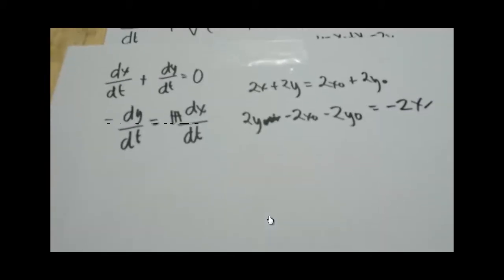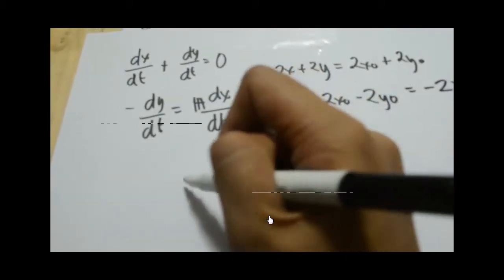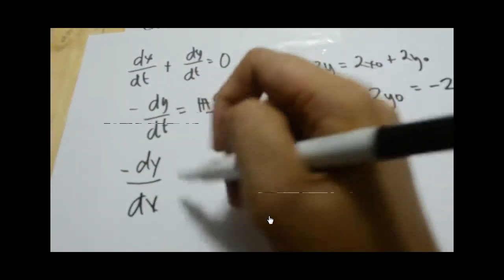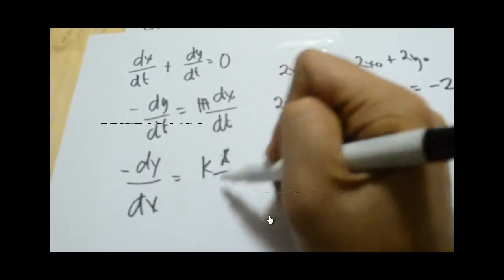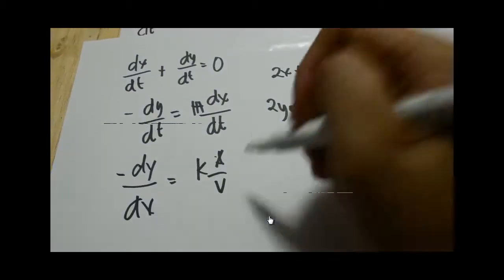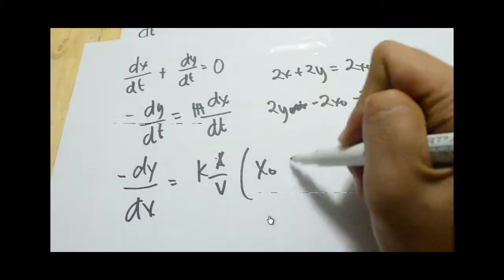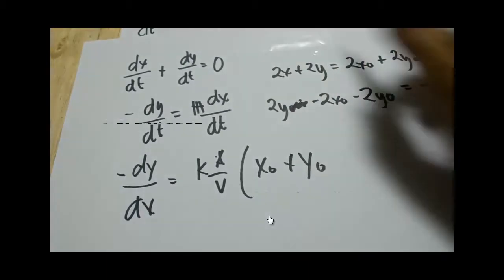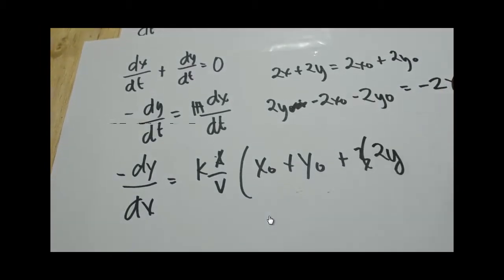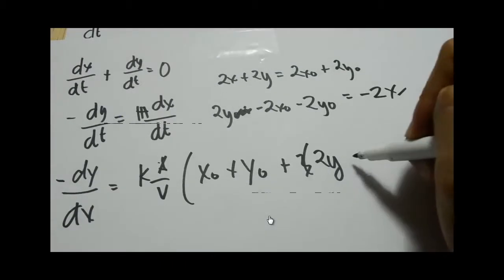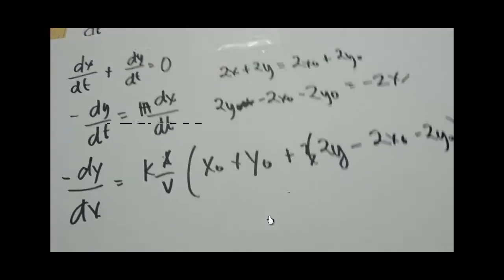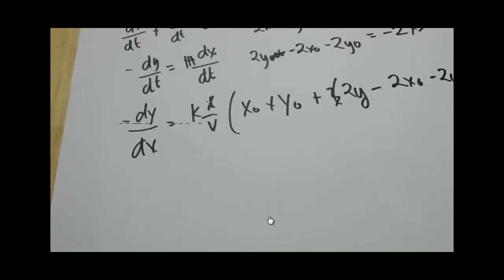And arranging it further, this would give us this equation, negative dy over dt is equal to k a over v. Wait, let's make it clear. K a over v times x sub o plus y sub o, and our negative 2x will be plus, no need for that, 2y minus 2x sub o minus 2y sub o. And arranging it further, we're going to get